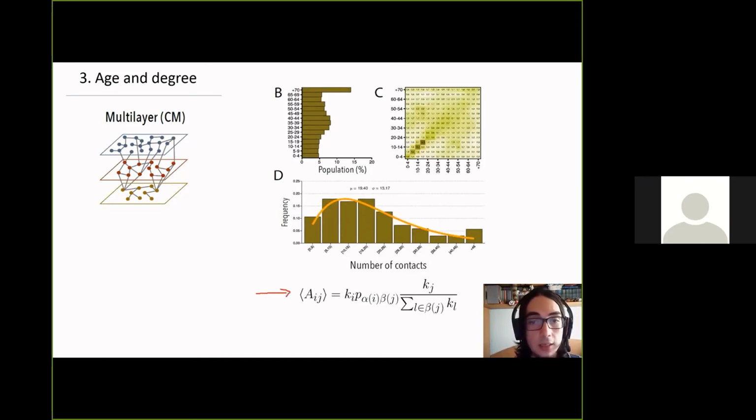This expression needs a lot of data. One is the age distribution of the population. This is widely available. This is usually not a problem. Then we also need the age mixing patterns of the population. Every day there is more information about this, but still it's quite scarce. And then we also need the number of contacts of the individuals to obtain the degree distribution. These two sets of data usually come together, but not always. Sometimes you only have the matrix, other times you only have the distribution. But in any case, if you're lucky enough to have all the data, then you can use this expression to build a network in which you take into account both the age and the degree of individuals.